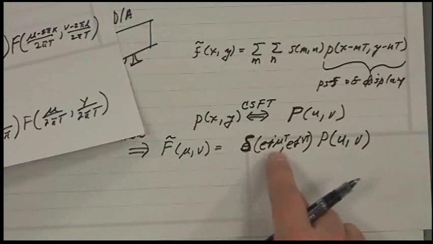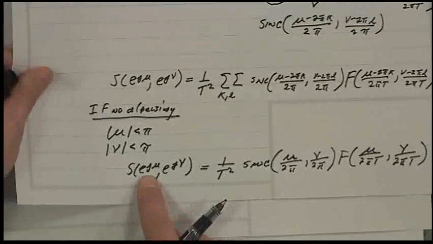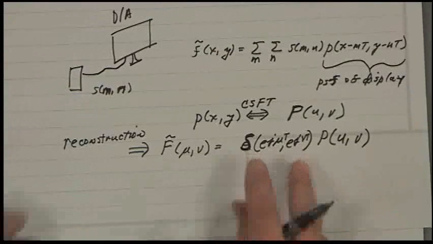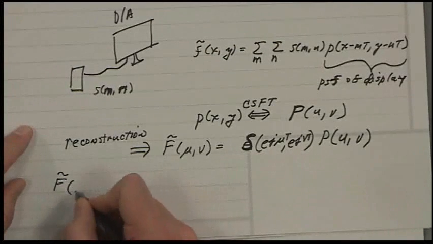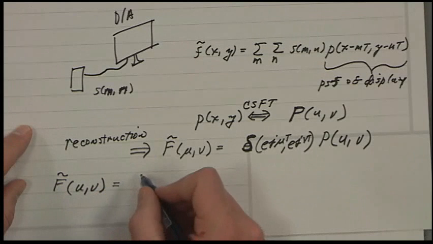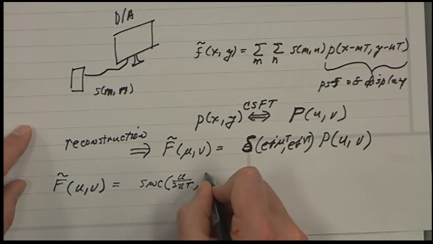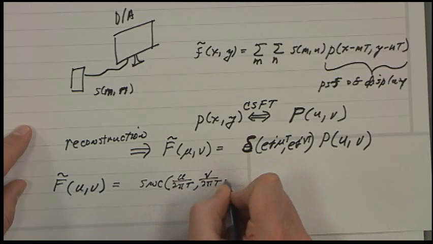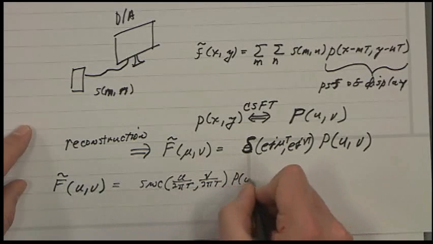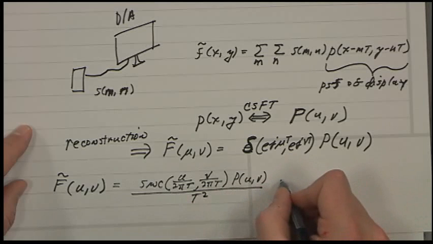And if I plug this into this, you see, because that's S of e to the j mu, e to the j nu, right? That's this S right here. So I can take this expression and plug it into here. Then I get the full expression for the output image as a function of the input image. And it's like this. It becomes sinc of u over 2 pi t, v over 2 pi t, and this is p of u v, and this whole thing is over t squared, and this whole thing will be f